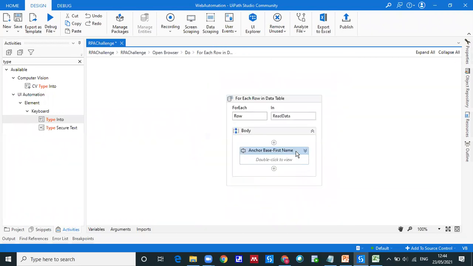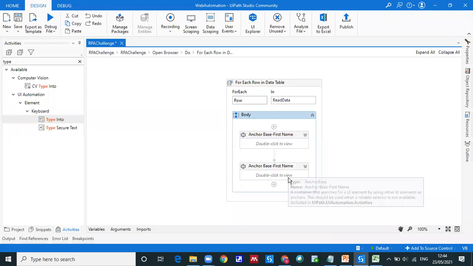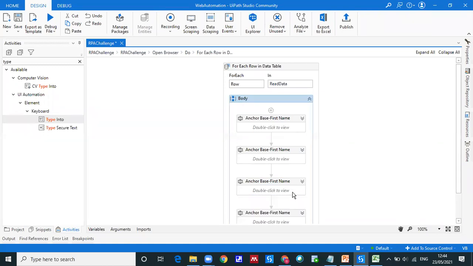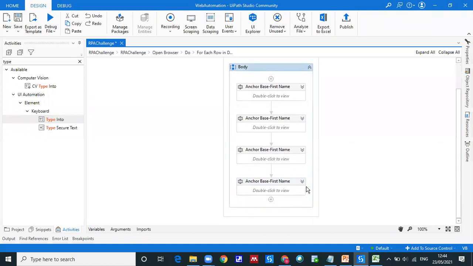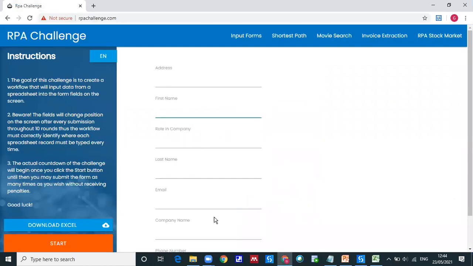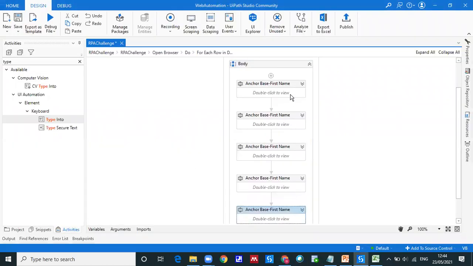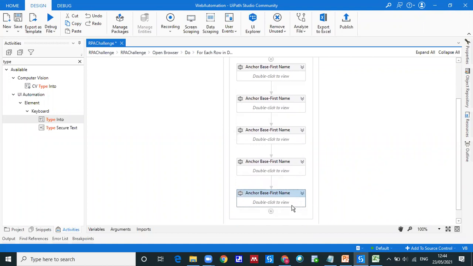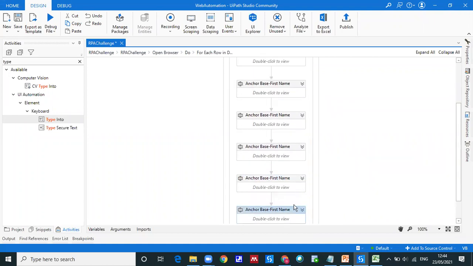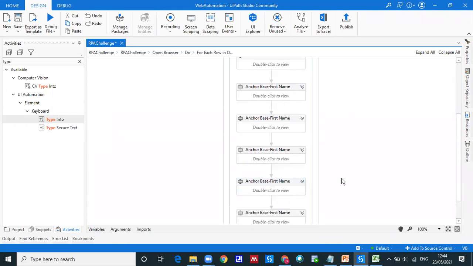Okay. So we'll repeat this for the entire thing again. How many fields are here? 1, 2, 3, 4, 5, 6, 7. 7 fields. So we need to copy it 7 times. 3, 4, 5, 6, and one more, the last 7. Okay, let's do it fast for the remaining as well.